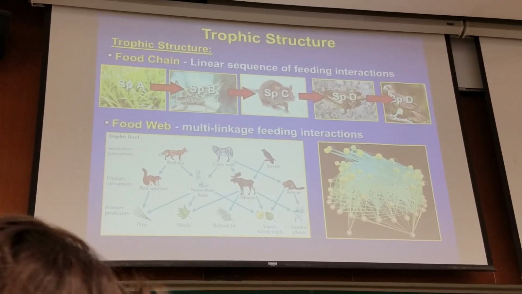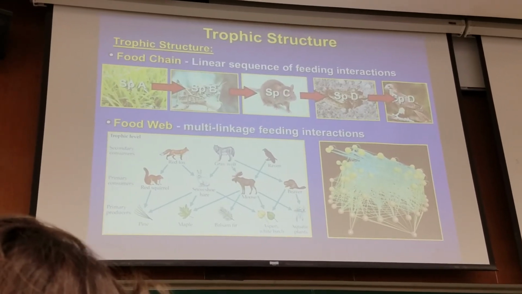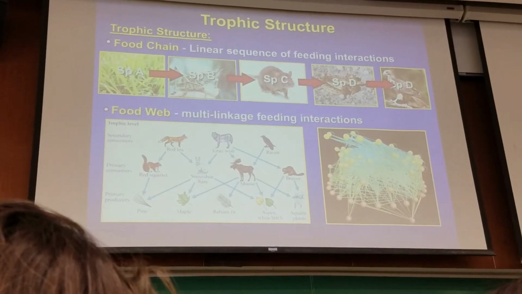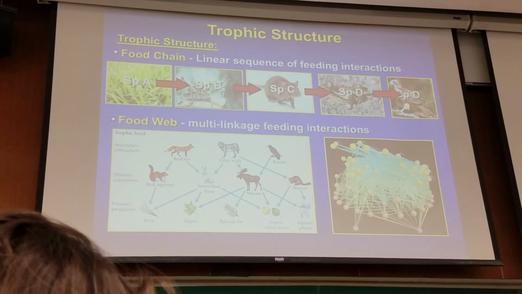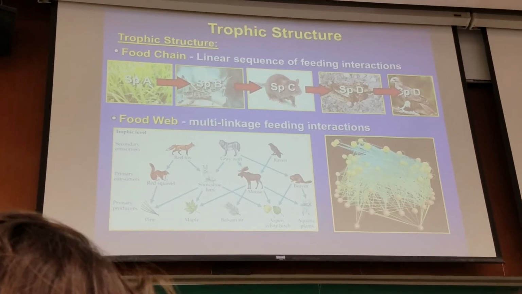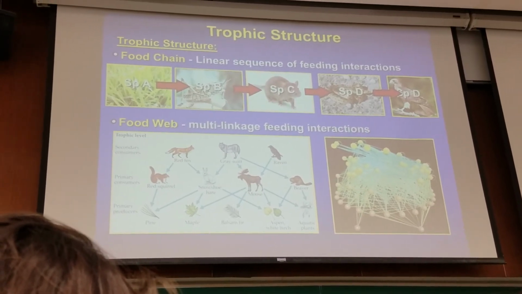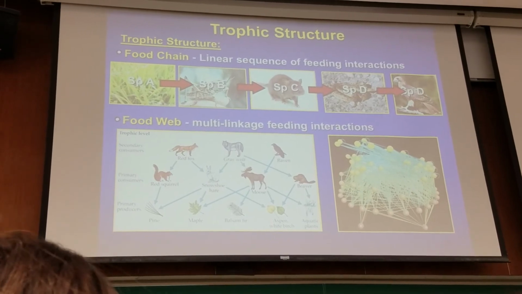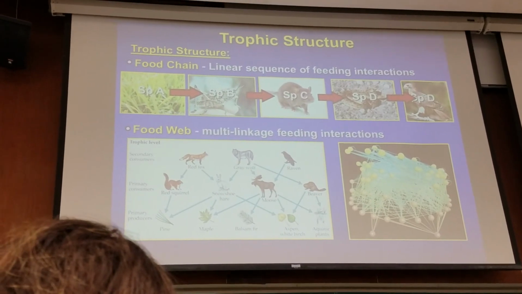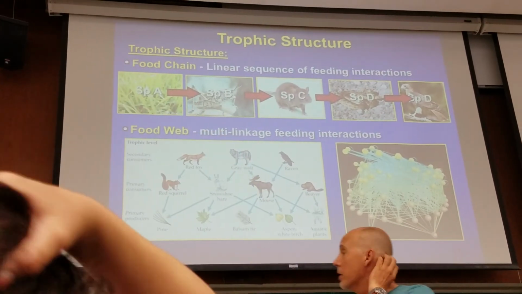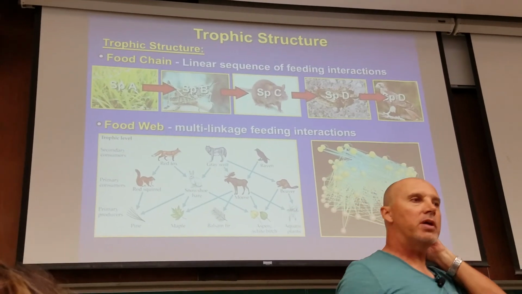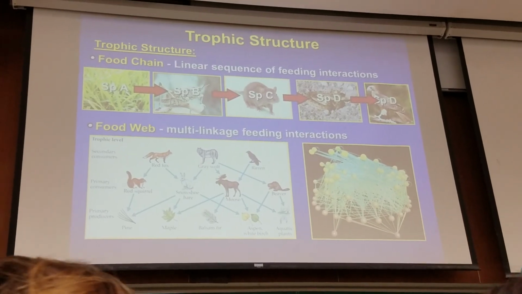No. When you go out and you have sushi, you eat bluefin tuna. What level consumer are you? You're like a 5th level consumer. But when you eat the salad that goes with it or the seaweed, you're a primary consumer. So you're all over the map. So you're making all kinds of different connections, and that's what most organisms are doing in this multi-linkage system. Next time we meet, we'll carry forward with the